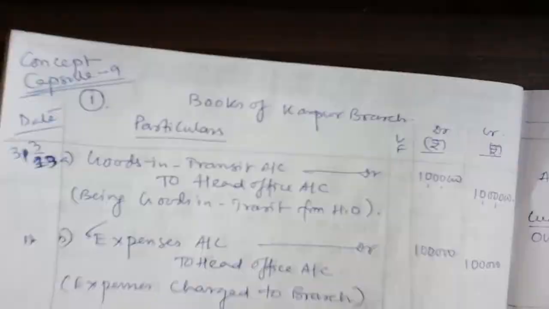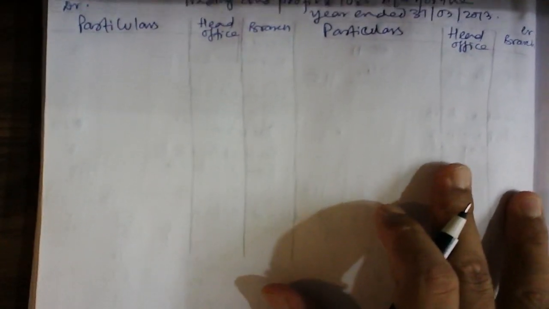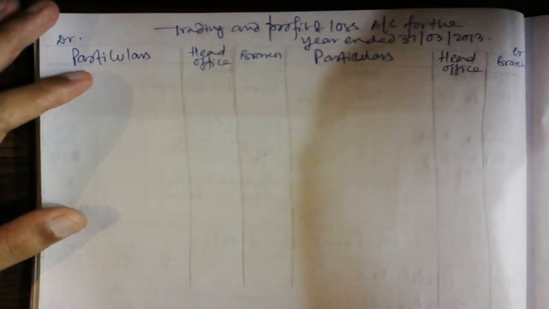चलिए अब आगे बढ़ते. ये तो फर्स्ट फेज हो गया. अब सेकेंड फेज हम लोग जाते हैं, जहां पे हम लोग देखेंगे कि ट्रेडिंग एंड प्रॉफिट एंड लॉस अकाउंट फॉर द ईयर एंड। ओके, सो अब क्या करेंगे, टू ओपनिंग स्टॉक।